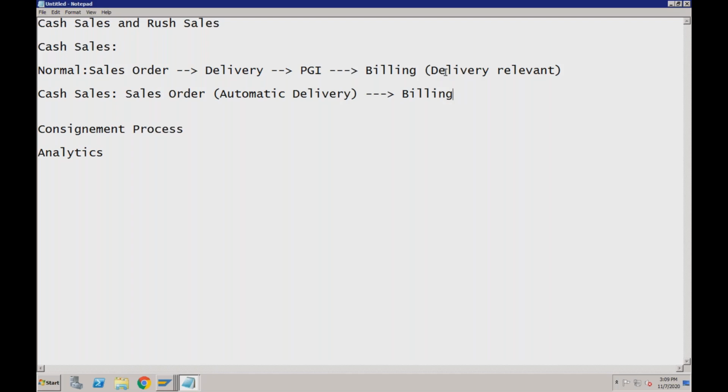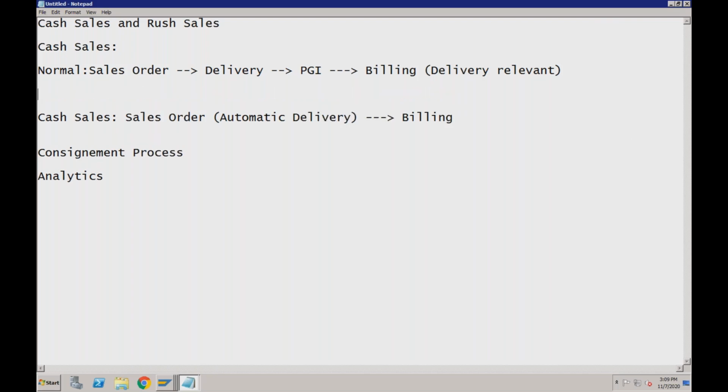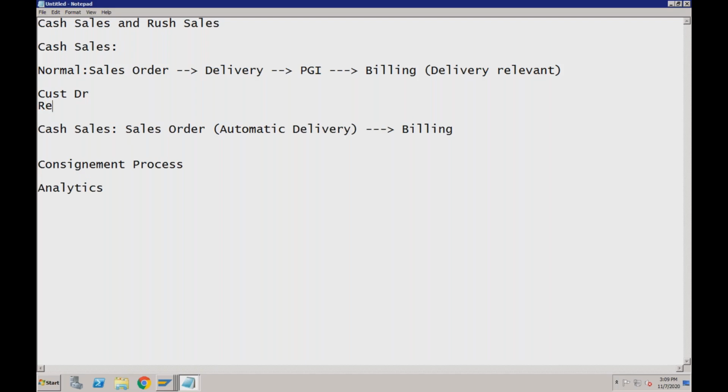And what happens normally in billing? Why do we create a billing? What exactly is the accounting impact of billing? We normally debit the customer. Customer account is debited, which means we tell the system that we need to collect this much amount from this particular customer. So customer is debited and our revenue account is credited,